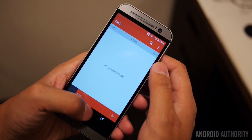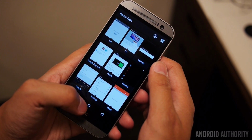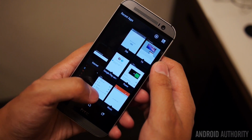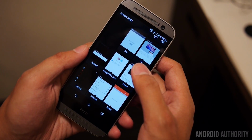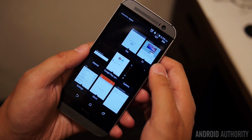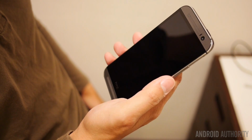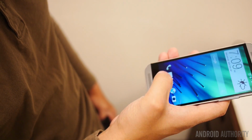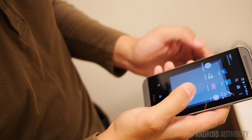As far as the aesthetics go, you do get new power widgets underneath the notification dropdown, and all of the icons seem to be about the same but are consolidated a little bit closer together to accommodate that larger screen. And also, some gesture-based features are available in the new M8 version, including the ability to just move the phone up to your face and activate it by double tapping on the screen, or in a horizontal position pressing down on the volume key in order to turn on the camera, just to name